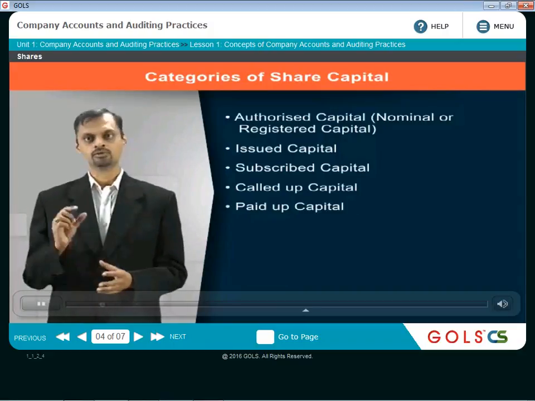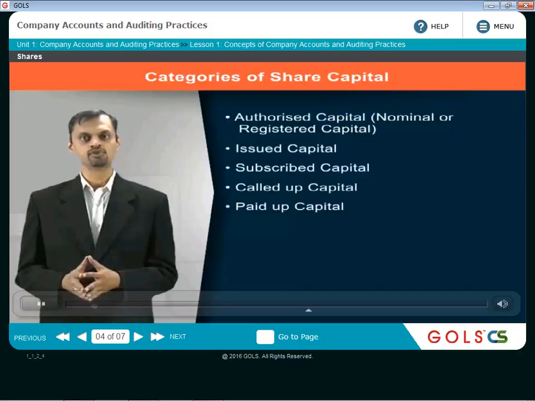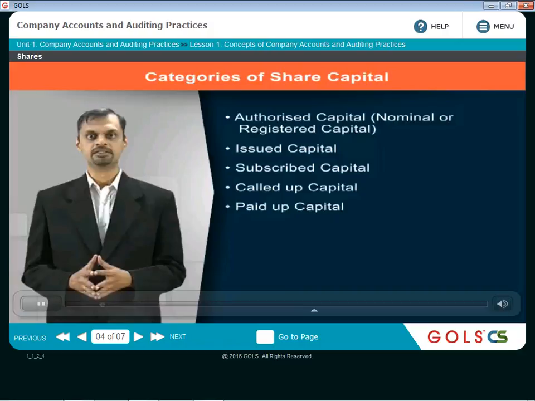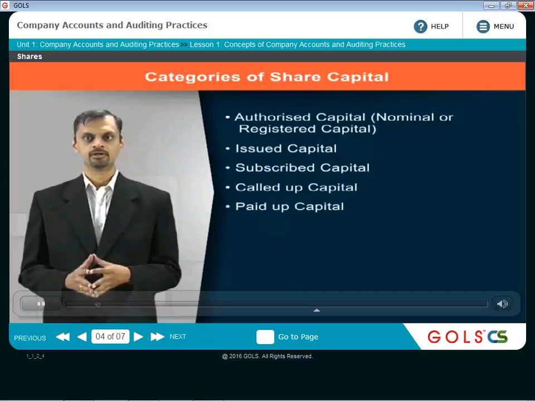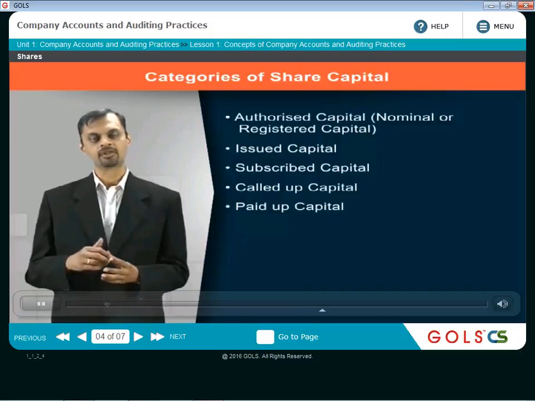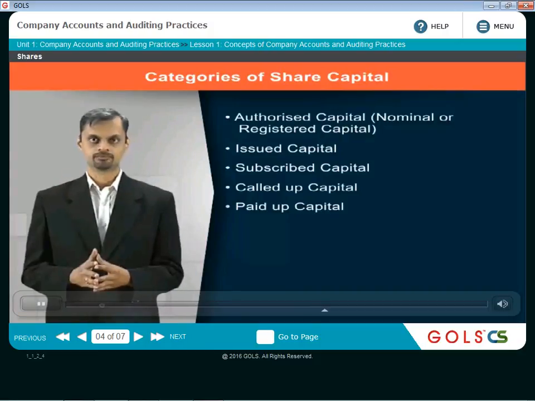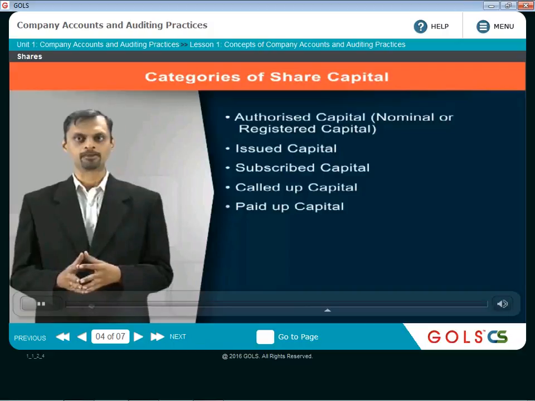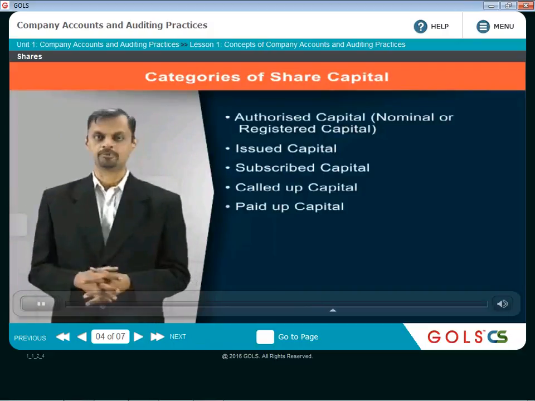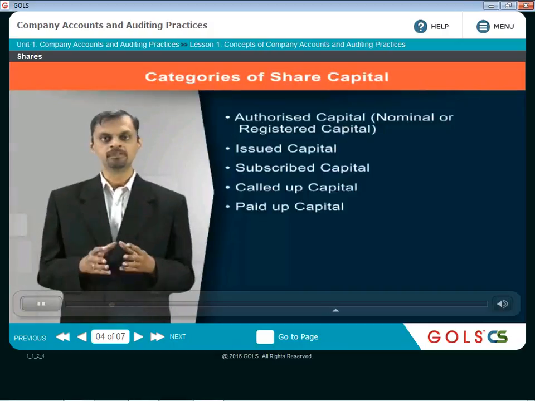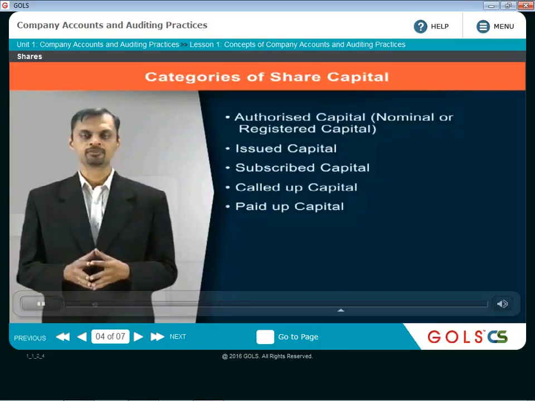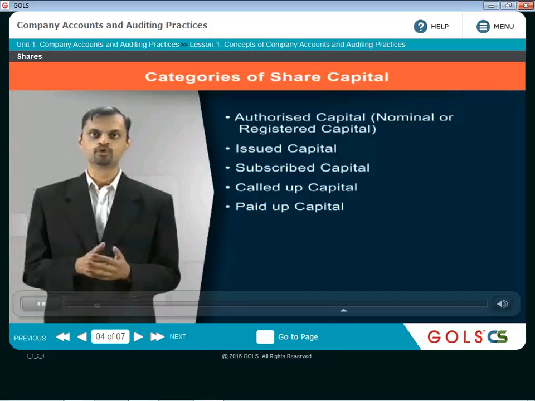Now the capital which was not called up, as I said, is called uncalled capital. Out of that uncalled capital, the company may decide to call up some portion at the time of winding up. So suppose out of 85 rupees subscribed capital, 60 rupees are actually called up. The remaining 25 rupees is uncalled capital. Now out of that 25 rupees, the company may decide to call up 10 rupees only at the time of winding up.